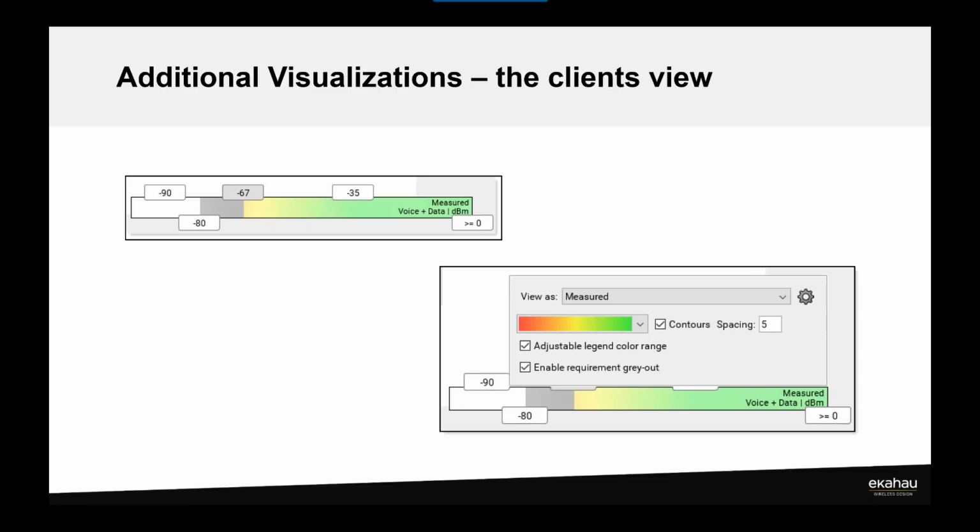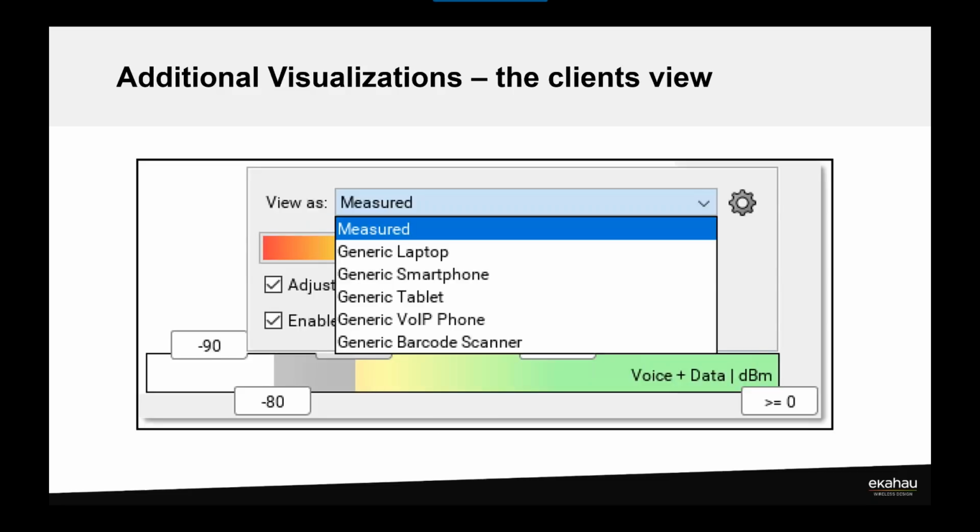So to access that, you would hold down either your Control or Command key, and then click on the color legend bar, just like you're going to change the values that are there. But you click on the bar, and then you get a new drop down up top where you can see View as. The default view, as I mentioned before, is the measured raw values. So you're going to see View as Measured by default, and there's a drop down, so you can obviously choose different things there. From the drop down, you could choose generic laptops, smartphones, tablets, voice over IP phones, barcode scanners,